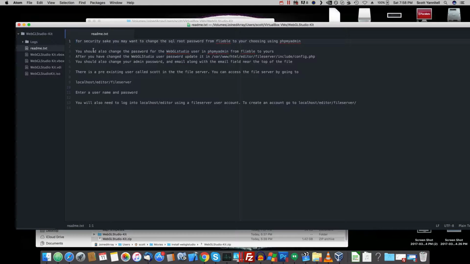For example, for security's sake, you'll want to change your SQL root password from Fleeble using phpMyAdmin or similar. You could do it with the command line if you want. And then there's also a WebGLStudio user, which also has a username and password of Fleeble. You want to change that probably. And then there's also information about how to get to the editor and the file server in this README, but we'll just